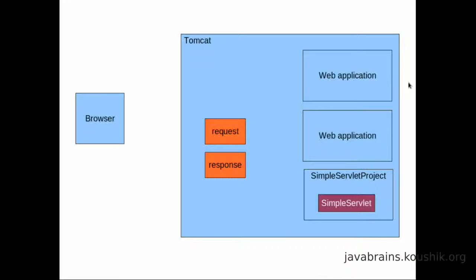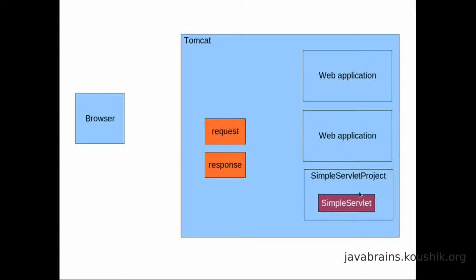We saw this diagram in our earlier tutorial. When the browser makes a HTTP request, there are these two objects generated, a request object and a response object. The request object contains data about the request that was initiated by the browser, and the response object is a blank object. It's a clean slate that is generated by Tomcat,